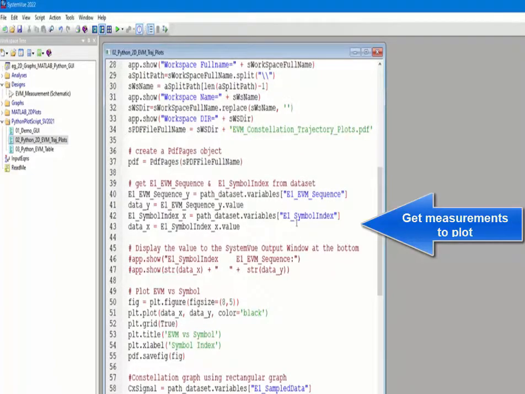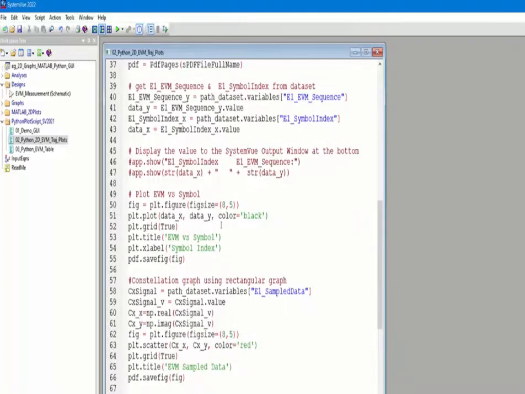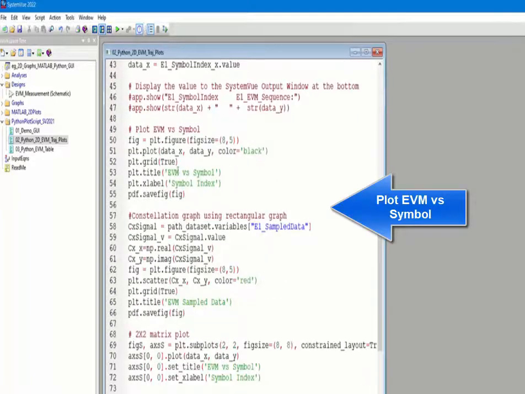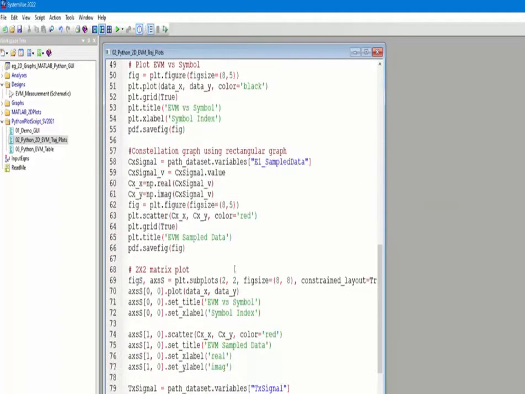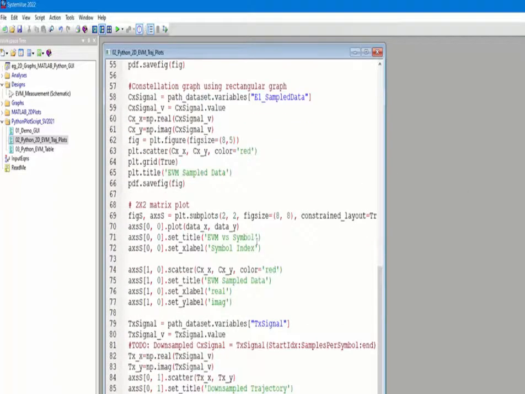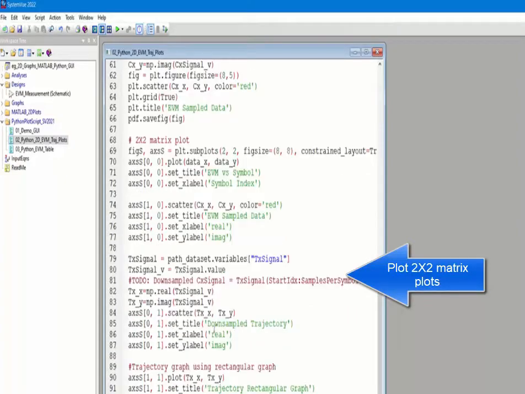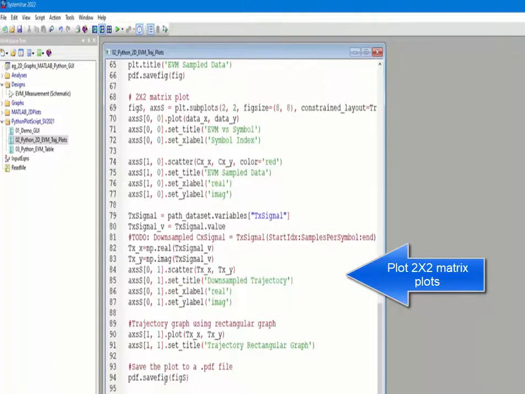Get the measurement to plot EVM versus symbol using matplotlib, and then constellation graph using matplotlib again. And then here we are saving the figures in line number 66. Here we're creating a 2x2 matrix, so we can plot 4 of the graphs on the same window. This is the code here, and then again we are saving the figure, so it saves it to the PDF